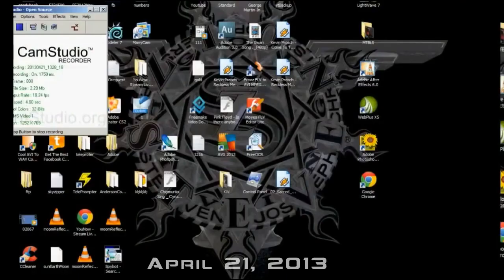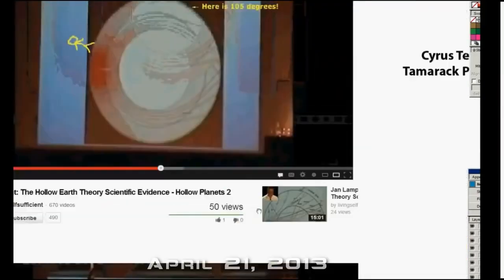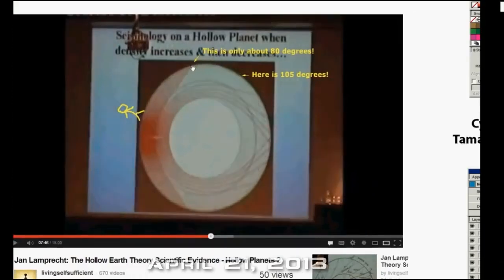Okay, seismic waves within the inverted hollow Earth. Now there's a version by a man named Jan, whatever his name is, Lamprecht, where he gives his own version of the hollow Earth, how the seismic waves move. Actually, initially they proposed this model. Okay, you're looking at the Earth, you're standing on the Earth, which is convex, which they have it. It's not really convex. But anyway, there's a shadow zone at 105 degrees and 140 degrees that virtually no seismic activity occurs there. However,